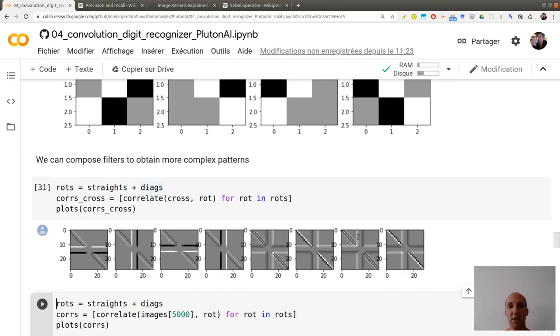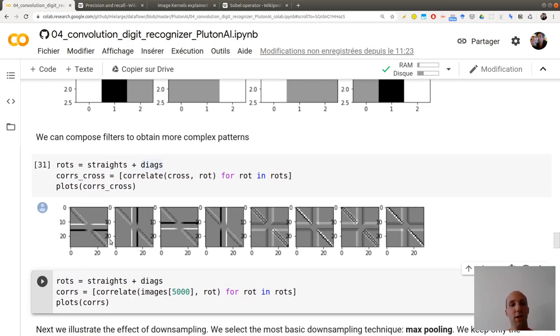So now here is what I'm obtaining if I'm applying my 8 filters. Remember, the first filter is top, this one is for bottom, this one is vertical left, vertical right, then diagonal up, diagonal down, and these are the other diagonals over there. And you see that it's doing a good job on my cross. It's highlighting exactly the part of my image I wanted to highlight with my filters.